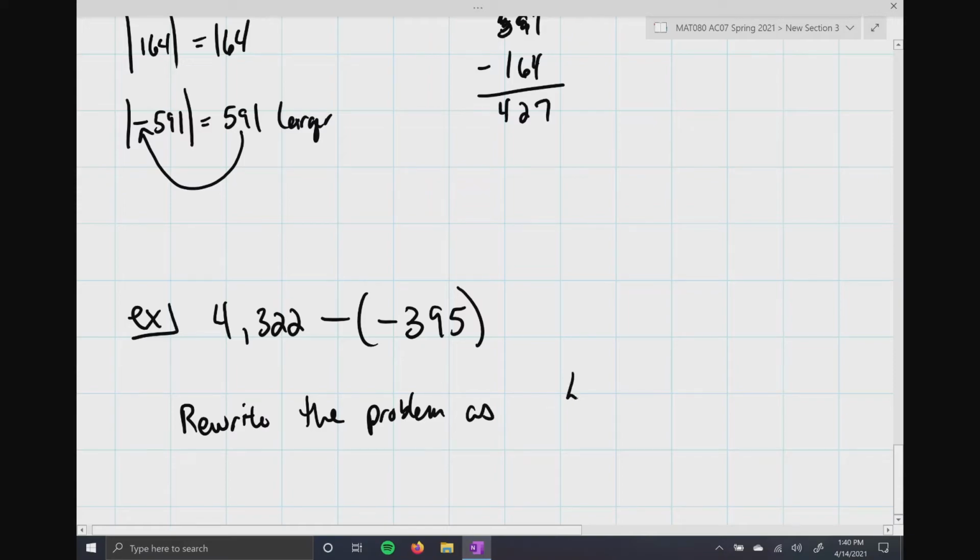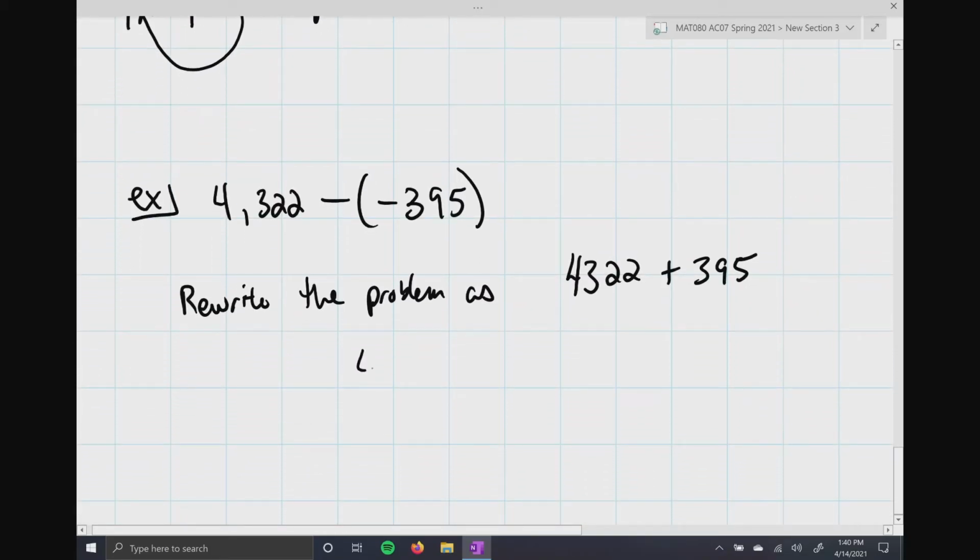So the first thing we need to do here, before we do anything, is rewrite the problem as 4,322 plus 395. Okay? So now you can see both of these numbers are positive. So that's going to be rule number 1. So I just stack them on top of each other. And just add. 2 and 5 is 7. 2 and 9 is 11. Carry the 1. That's going to be 7, 4. So 4,322 minus a negative 395